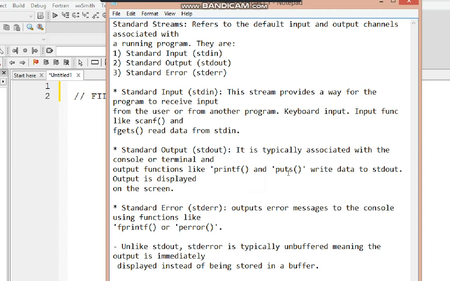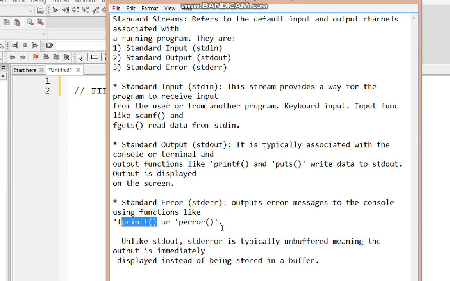It outputs error messages on the console using functions like fprintf and the perror function. Unlike standard output, standard error is typically unbuffered. What does that mean? It means that output is immediately displayed instead of being stored in a buffer. So standard error displays output immediately, the error message is displayed as soon as